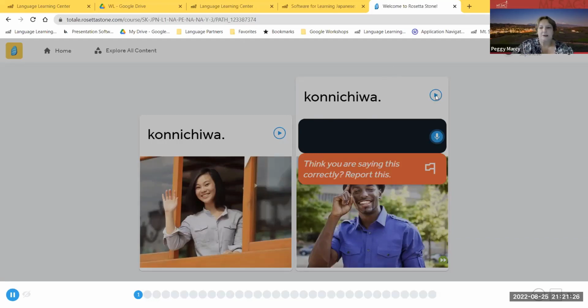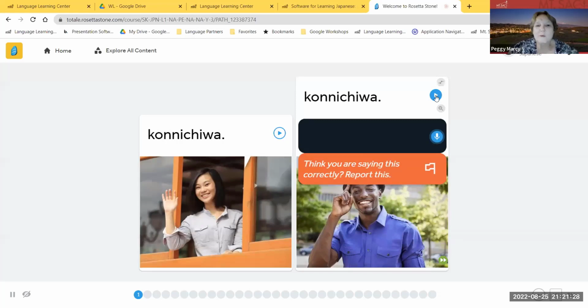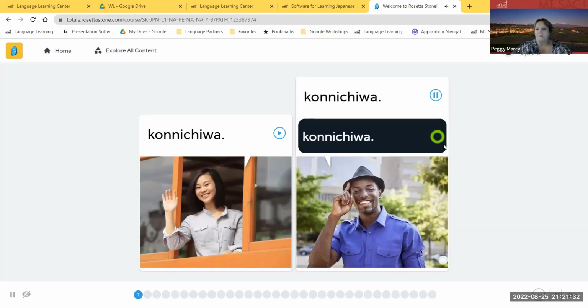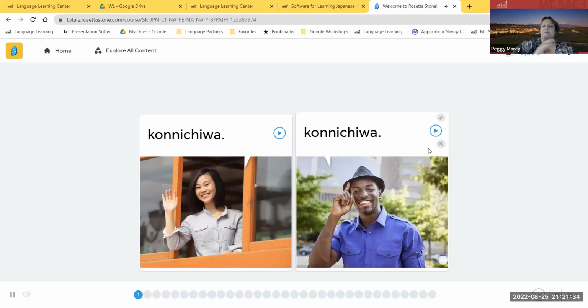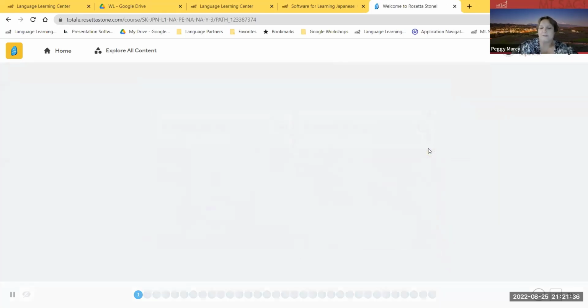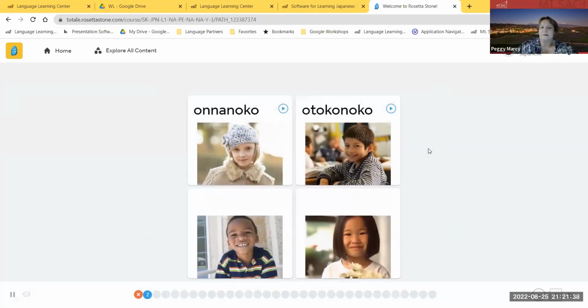Let's try this one more time. こんにちは, Konnichiwa. Not too bad. So it'll score you. If it's correct, it moves on. And 女の子、男の子。